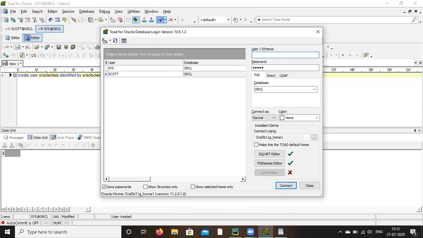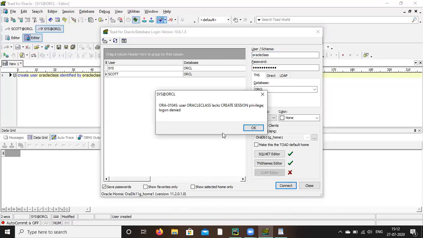And the password you have given is the same. Now connect. Now you can see here. See what happened. You have created the user, but you have not given any permission to connect and all.